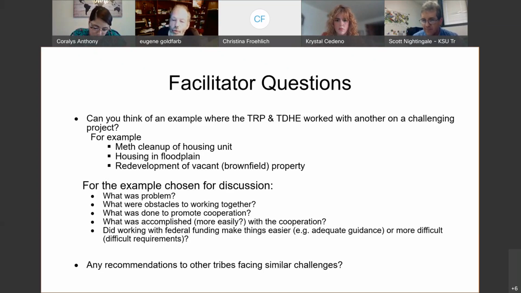Let me also point out, I think the people in the room know this, but if anyone looks at a recording, TAB likes to go out and provide in-person technical assistance. Scott mentioned he's going to be on the road next month. All you've got to do is ask. It's free, and there's no competition to get the technical assistance. I don't think TAB has ever turned any tribe away. All you've got to do is ask.